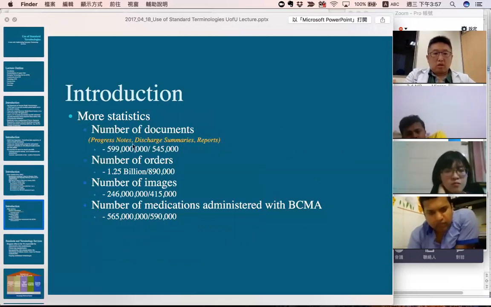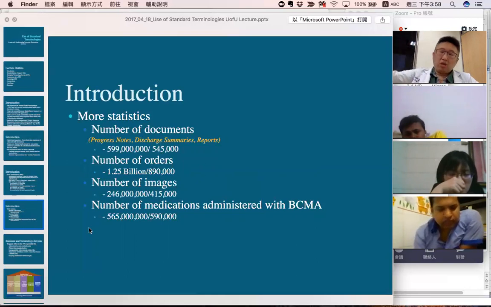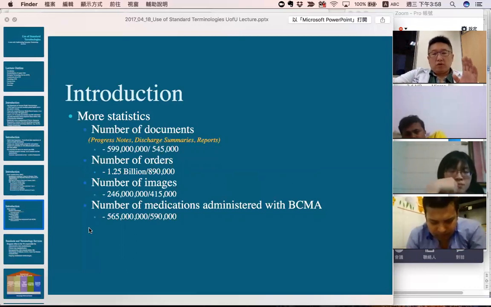So here it just gives you a number of how many patients, how many older images. That's quite huge. This structure needs to deal with this. Another thing I want to share is that one of my seniors also graduated from the University of Utah. He is currently the leader of the electronic health record of the VA system